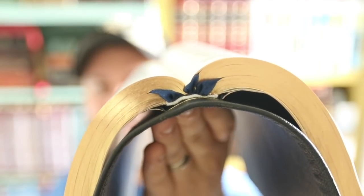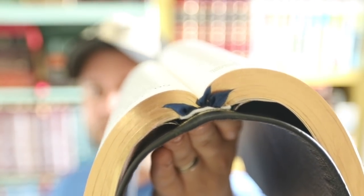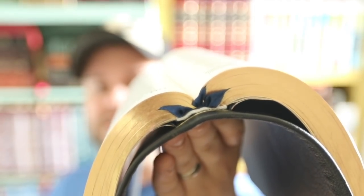So most of the time when you're reading, the weight is on the top and not on the bottom. And so I was surprised to see that happen on the bottom and not on the top, where most of the stress is being put on that part of where the cover is hooked up to the text block. But again, mostly solid, still happy with it. I preach from this every week, I study in it every week,